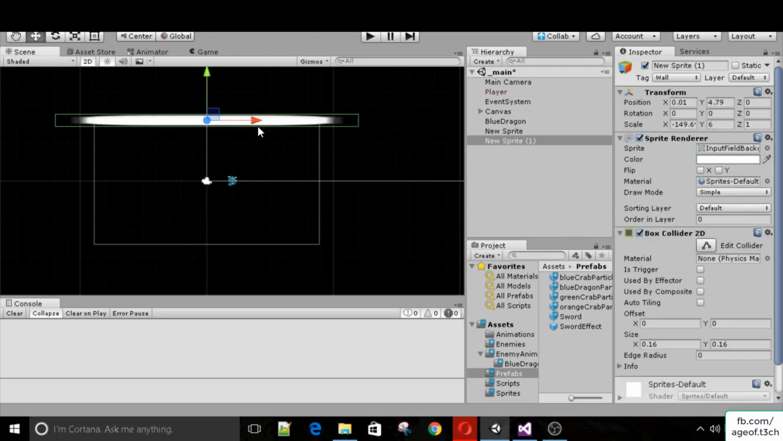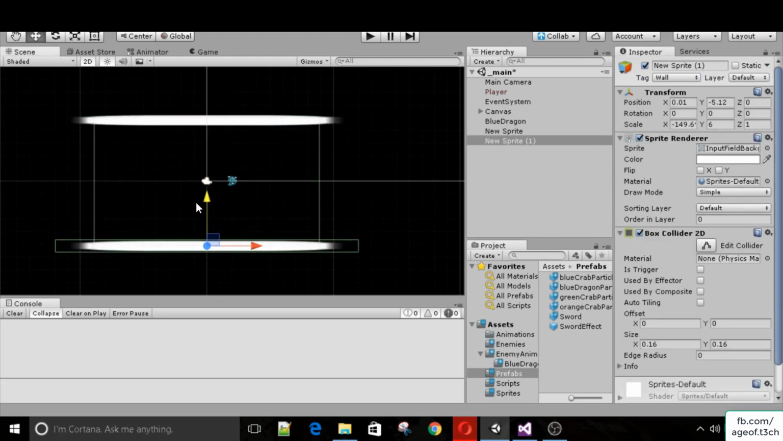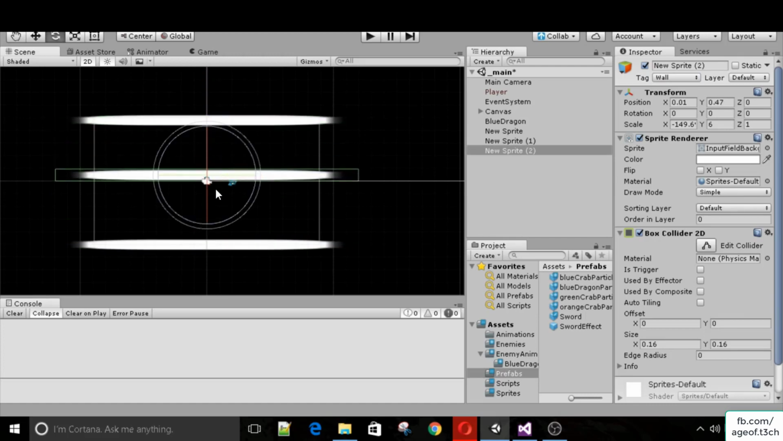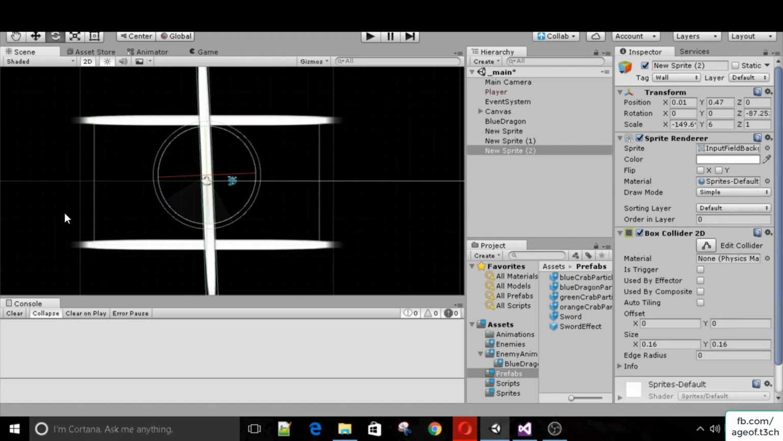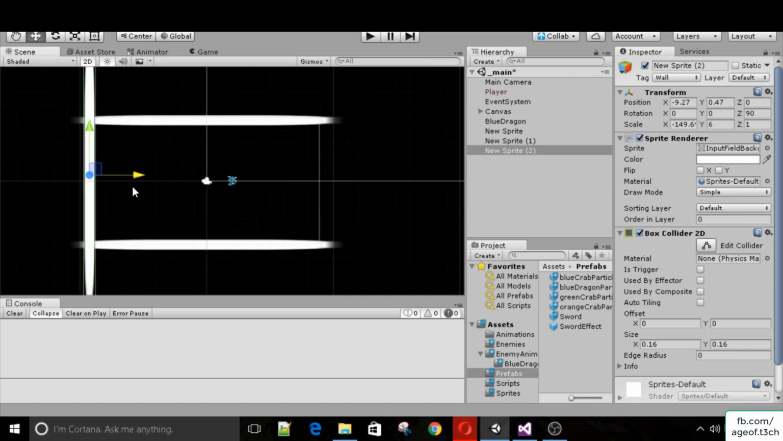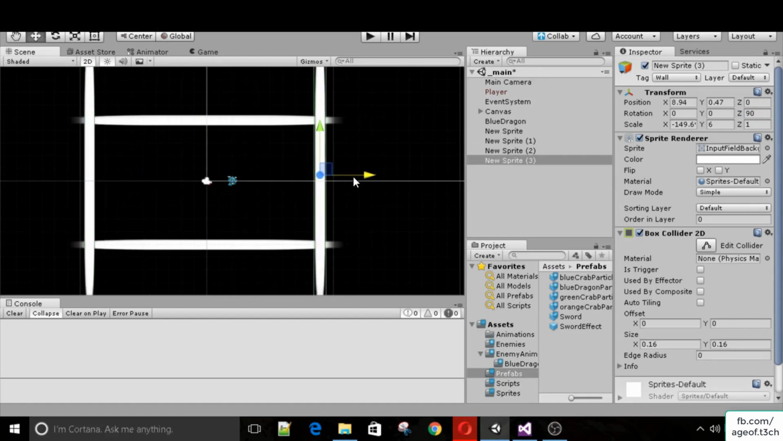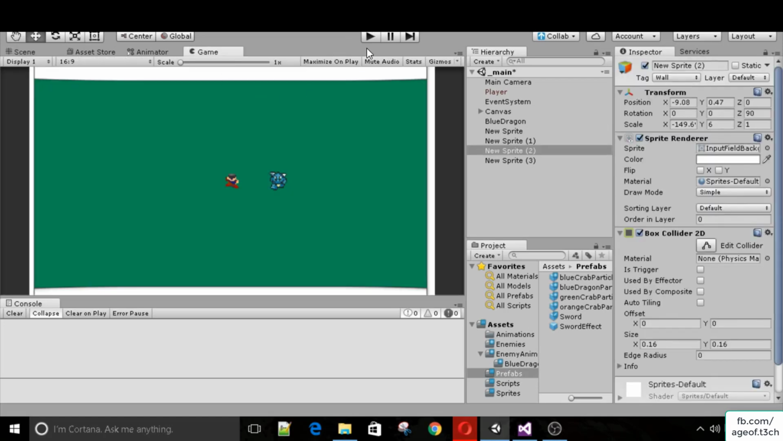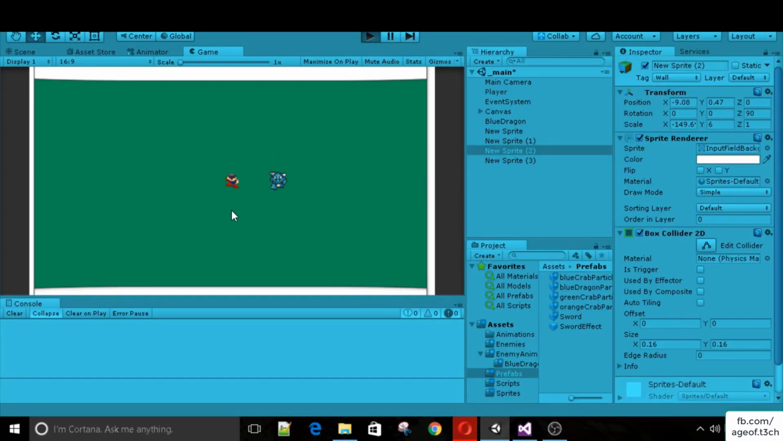So now if I copy this and paste it, kind of have these outer walls, set it to 90, and there we go. Doesn't look too good, but for now it will keep him inside, and it will also keep the crabs, because